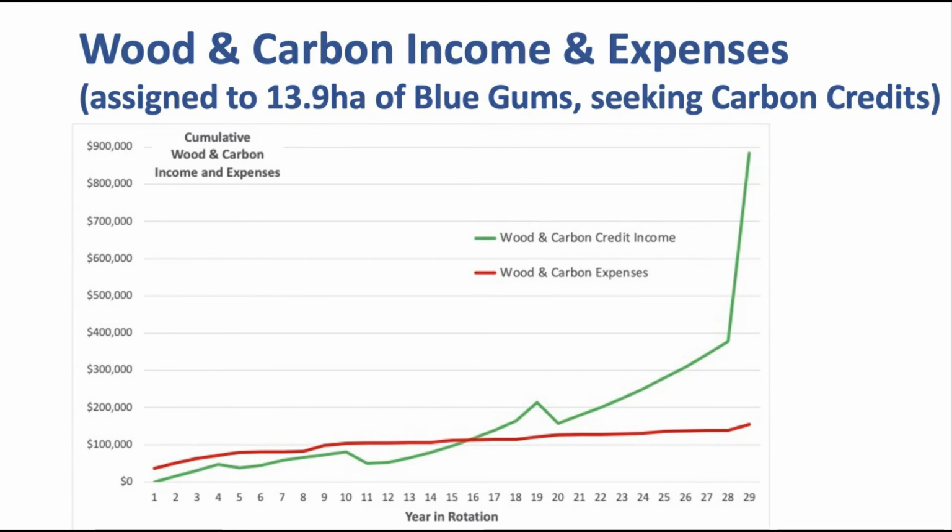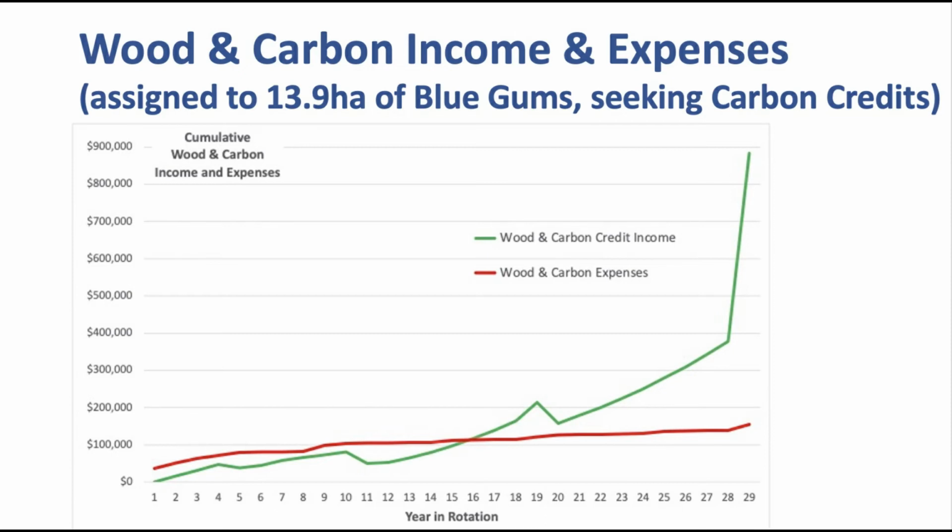And if you put that carbon income against the total cost of earning that income, you can see a very different pattern from what we saw with just the wood income. Here we do have the expenses in the red line and the income in the green, and for the first 20 years or so they're comparable. They're about the same order of magnitude. Initially the income is a little bit less than the expenses, but after about year 15 the income, cumulative income,